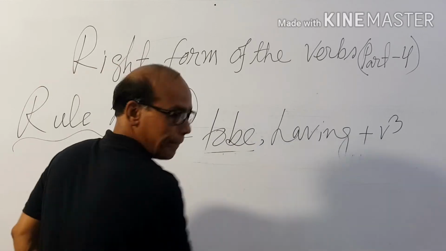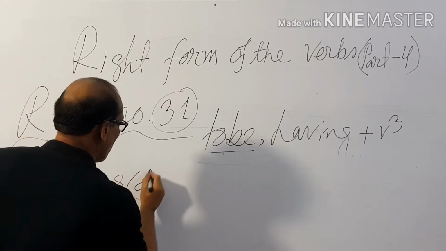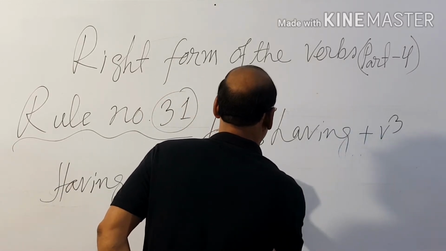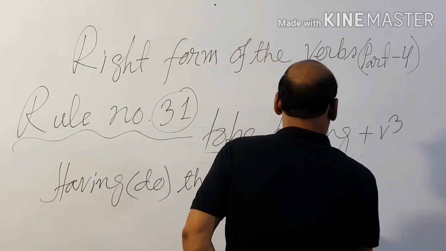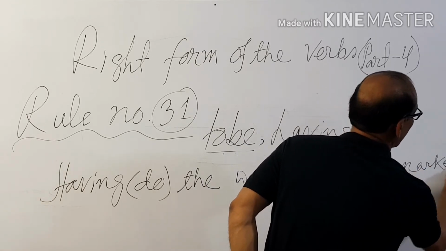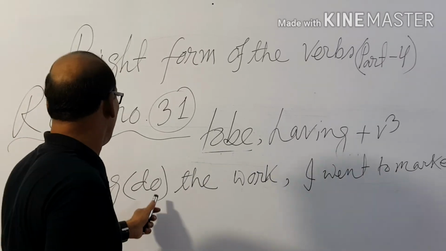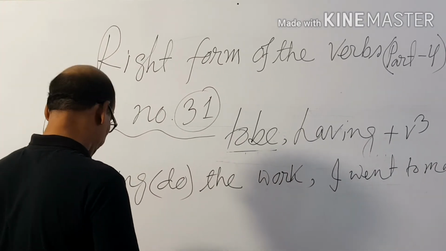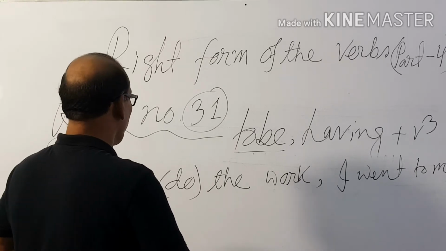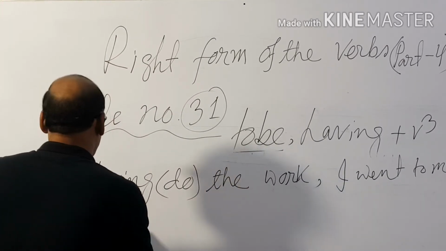And for having, suppose, having, within the bracket, do, the work, I went to market. As here there is having, and within the bracket the present form of the verb, after having we'll have to use the past participle. So here do is the present form, we'll have to make it the past participle. So, having done